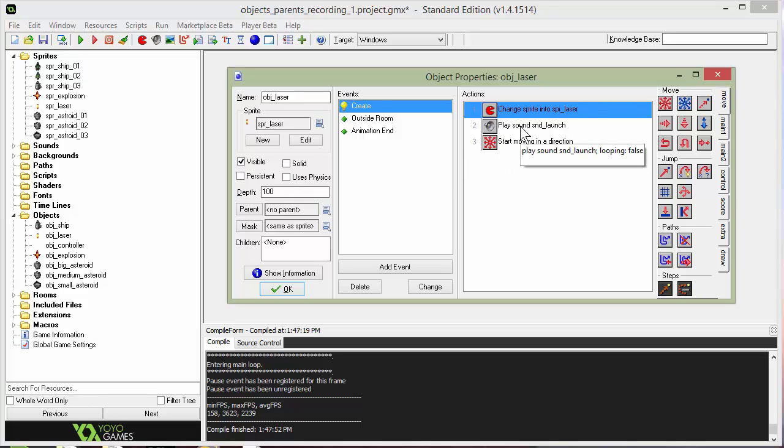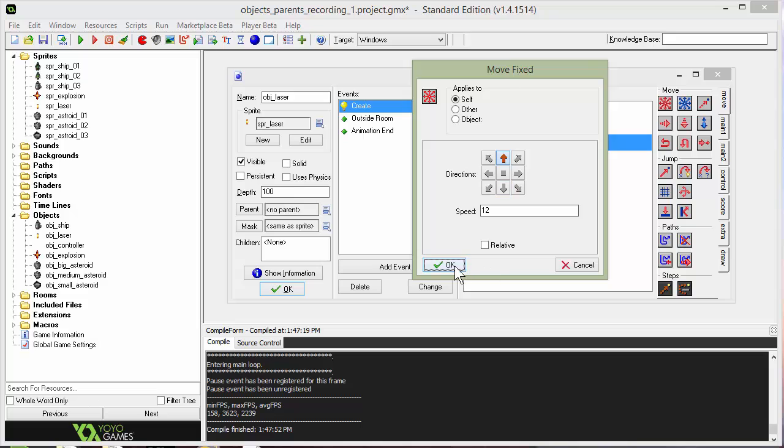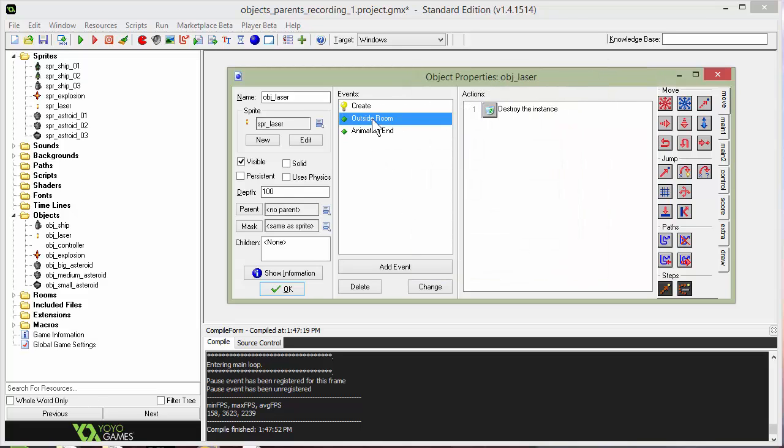We play a little firing laser beam sound, and then we start moving up toward the top of the screen. We've got an outside room event that will just destroy the instance of the laser beam. And we have an animation end event where if the player shoots off a laser beam, what we want to